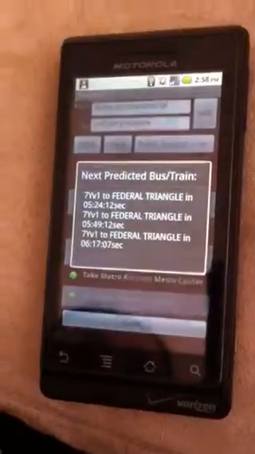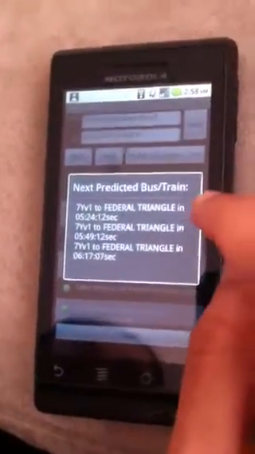Okay, say I click on this. Okay, you can see that it's actually showing the next 3